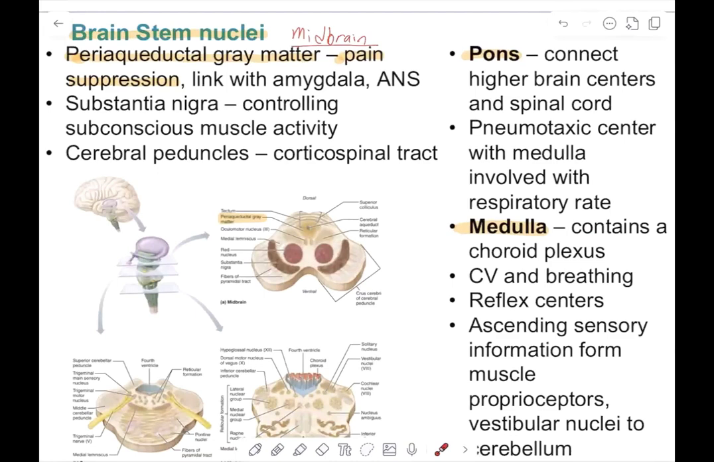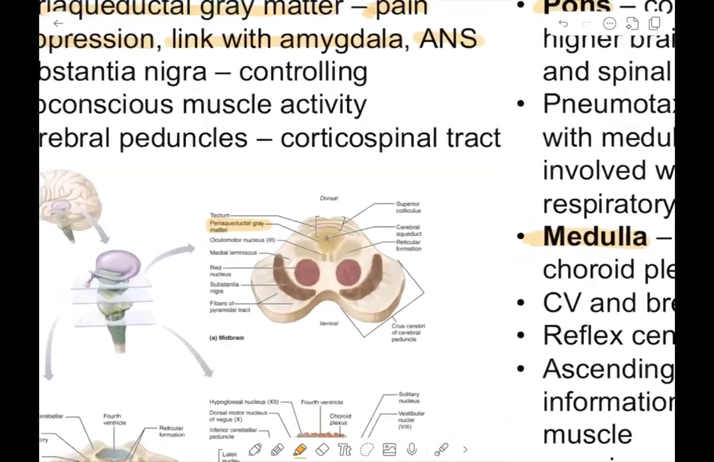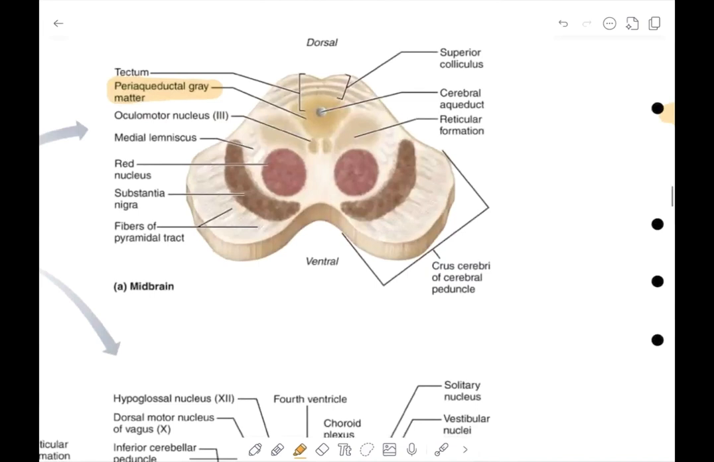The para-aqueductal gray matter links with the amygdala, part of our emotional brain, and our autonomic nervous system. We don't really see those on this particular slide for the midbrain, but we do see some of the other things like the superior colliculus, which, remember, was visual tracking. We see the cerebral aqueduct,